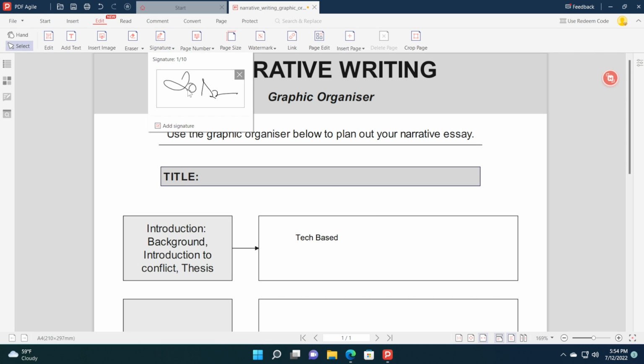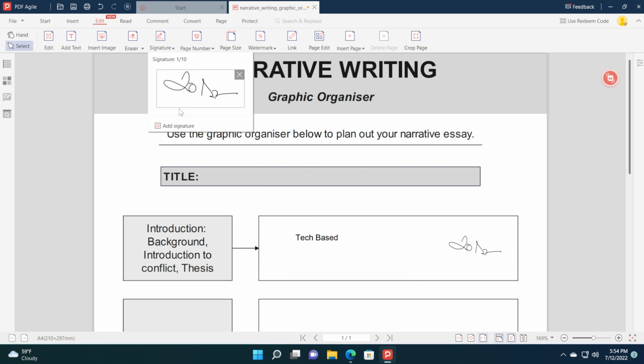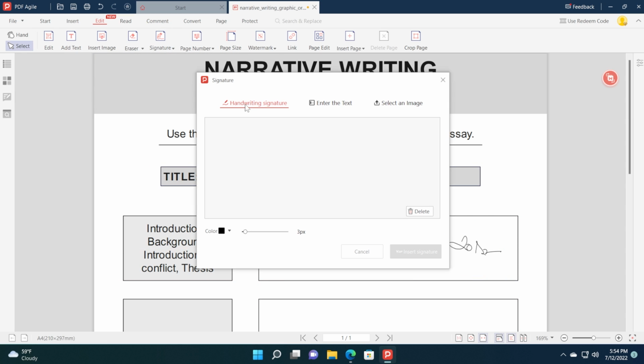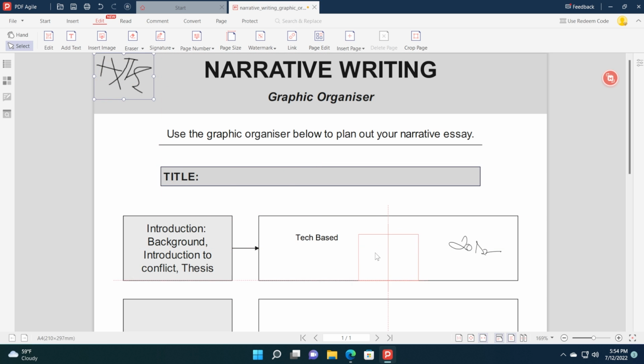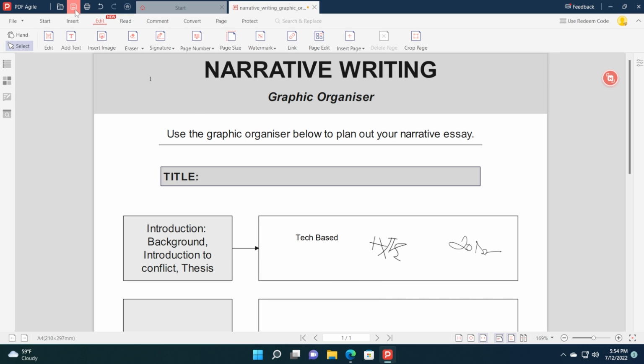You can also apply a signature. So for example, I have created a signature here. I'm going to apply it, but you can also create a signature really easily by clicking on Add Signature. You can handwrite it, you can enter a text, or select it from an image. If you want to use the handwriting feature, you can simply just use the handwriting thing and insert your signature. It will be easily inserted and you have it here. Of course, you can also add the page number if you want. I'm going to click on Insert Page Number and I'm going to insert it in the top left. Make sure to also save the document when you're doing edits like this so that you won't lose any important